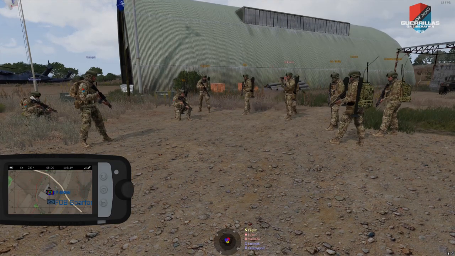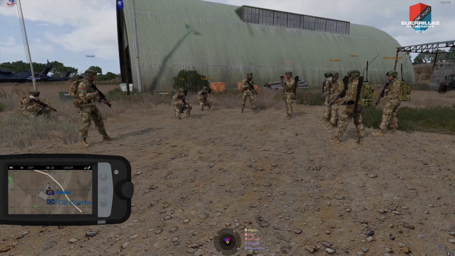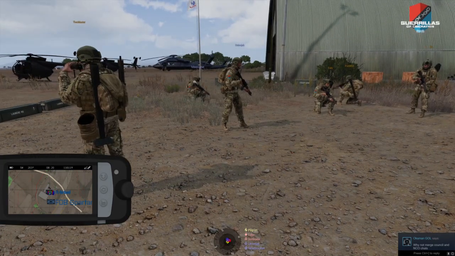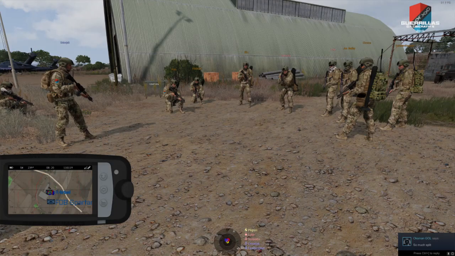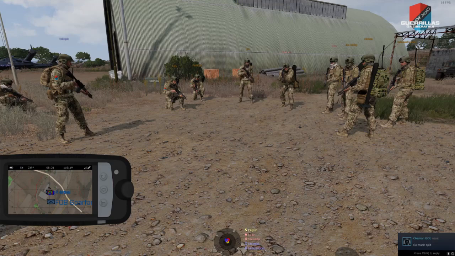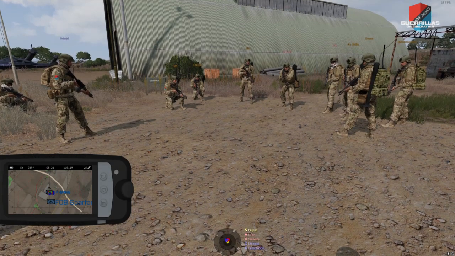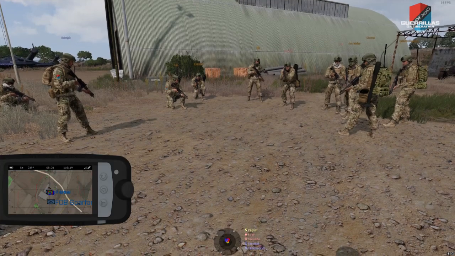So, yeah, what we can do now, I can do an example of... hang on. Can I copy paste this? I wrote up a thing earlier. No, I'm going to have to write it out manually. Okay. So, requesting mortar fire. I'll do a simple thing. We can say...